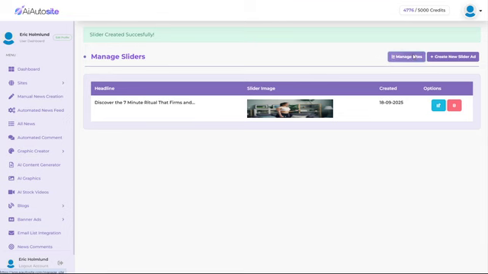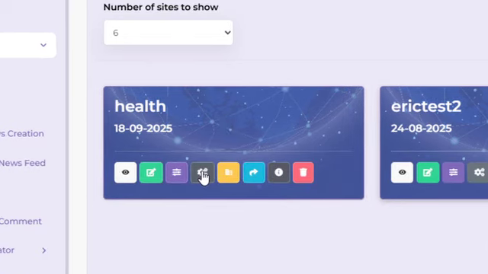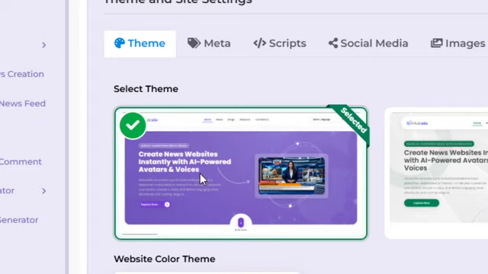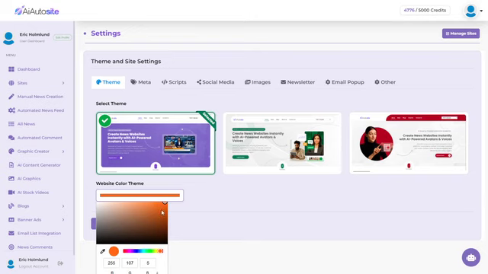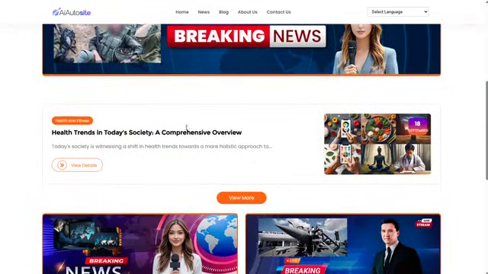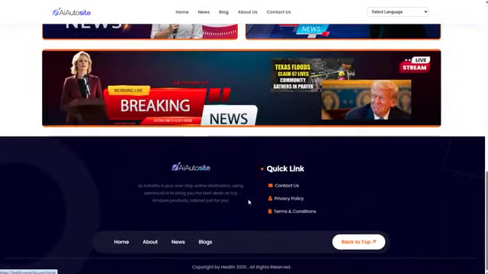Now we'll click on Manage Sites again. And the next menu item is this gray one here in the middle, Theme and Site Settings. And this has a lot of different settings to work with. First, you have 3 themes to choose from. And once you've chosen your theme, you can also customize it by color. Right now you can see that the main navigation items and highlights are orange. Instead of orange, let's make them blue. And click Submit. Now if we refresh the page, just like that, you can see we now have blue navigation